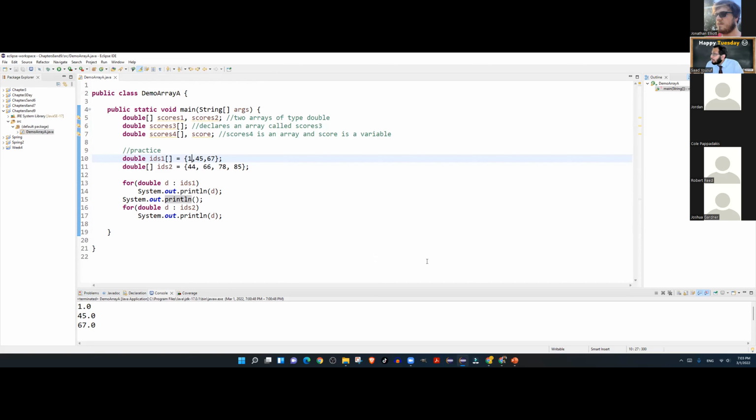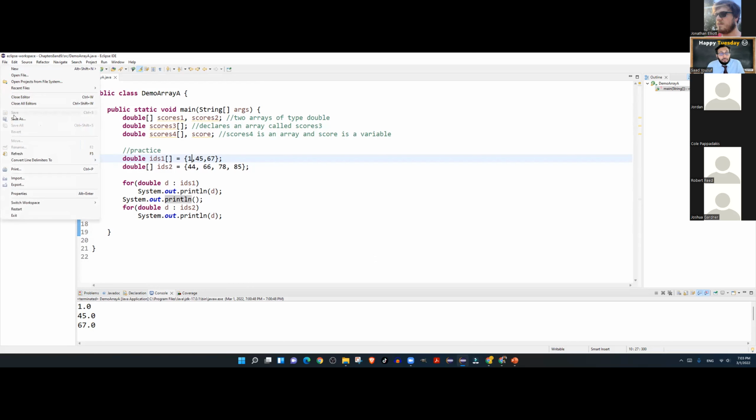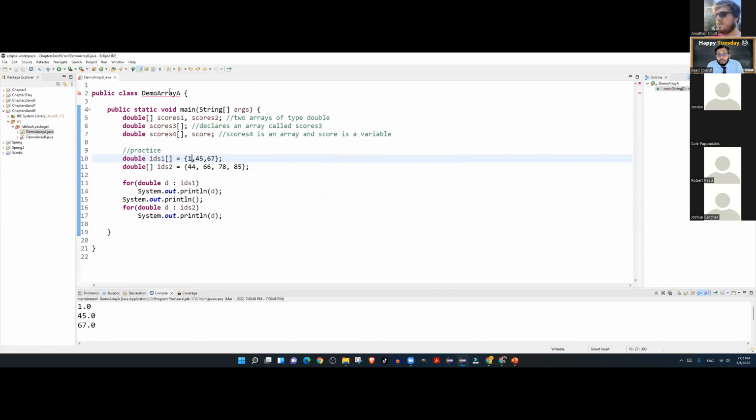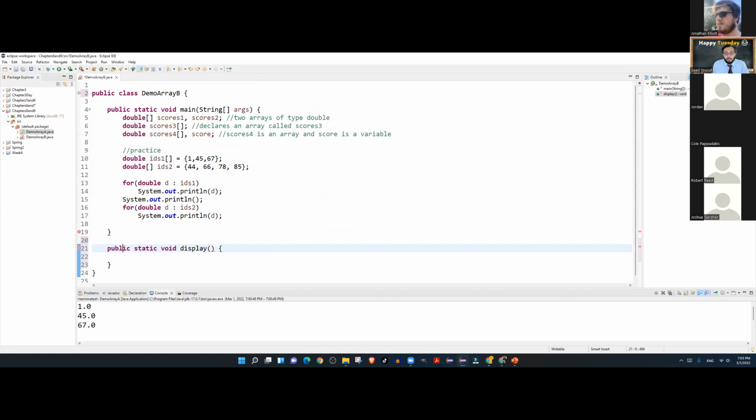So to make this happen, what we will do is save it as demo array B. And let's create a method here. Public static void display. This method will receive a double array.